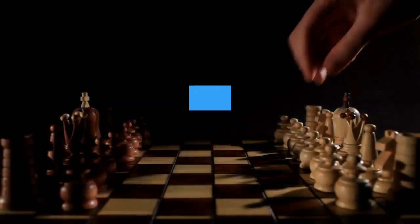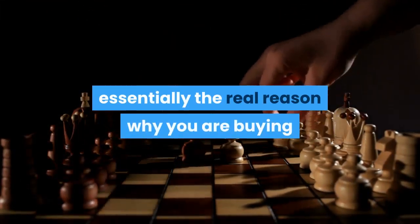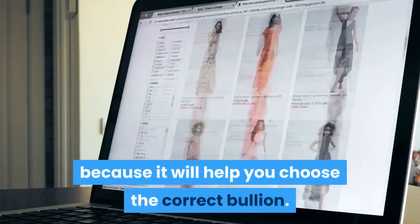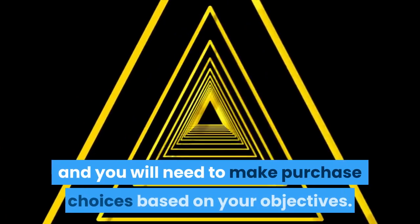Strategy. You need to understand your own strategy, essentially the real reason why you are buying these precious metals in the first place. This is more important than you may initially think because it will help you choose the correct bullion. Bullion comes in many different sizes, shapes, and value, and you will need to make purchase choices based